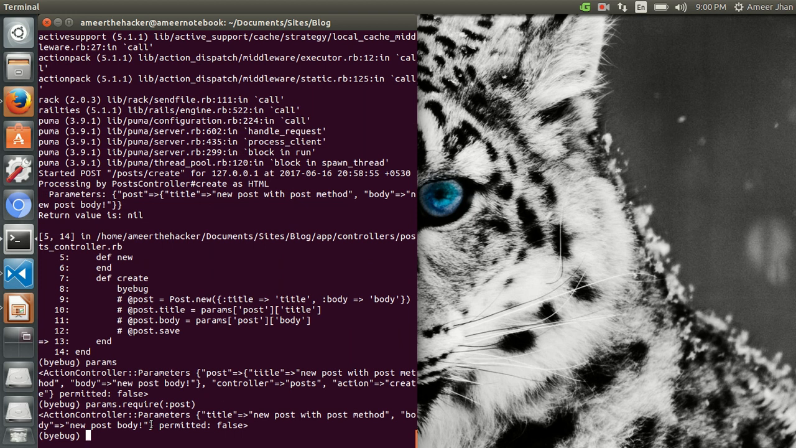So I can assign this directly into the new method because I have a hash with just title and body as the attributes. However, we can't do this directly. We have to call another method on this called permit. So what is permit? This method permit is for security reasons, which we will discuss in future videos, but